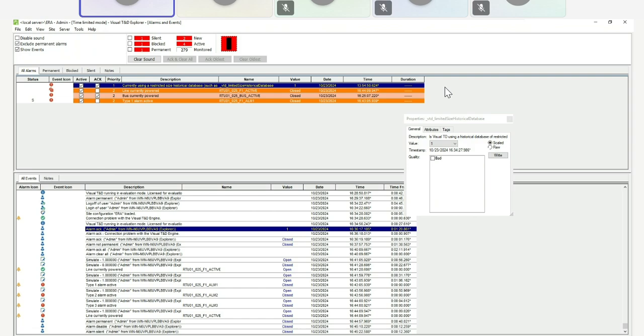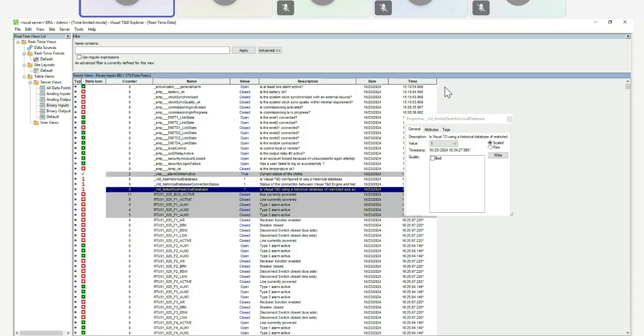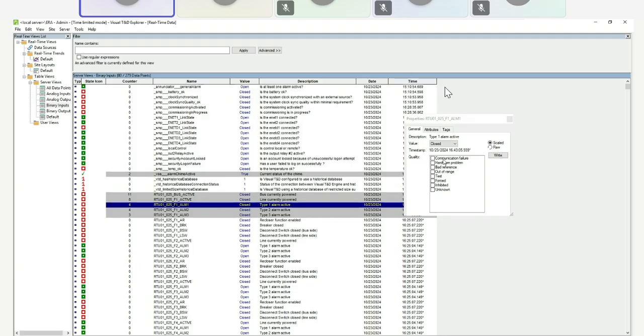So they were all in alarm state. If the alarm 1 goes back to normal state, okay, alarm 1, alarm 1 is silent.